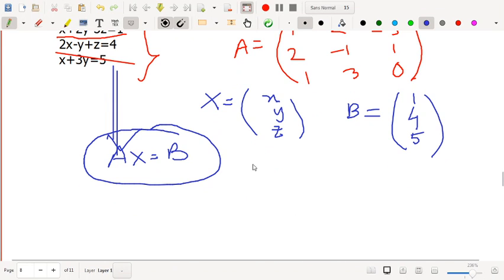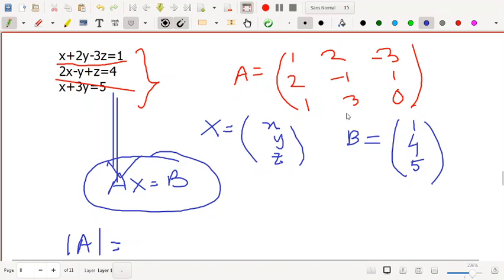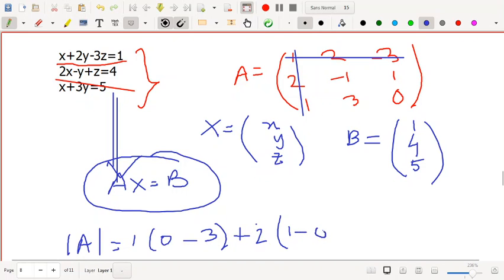So now how will you solve? You first check the determinant of A. What is the determinant? Check by the rule already explained. First row, first column: 1, 0, minus 3, right? Next, I am taking the plus sign, so 2, 1, minus 0, right? And the last one, minus 3, 0,